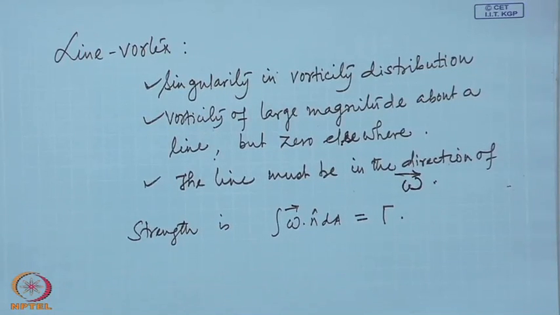Then what will be the velocity associated with this vorticity distribution at some point somewhere away from this line? We have already derived that relation. If you remember what it is,